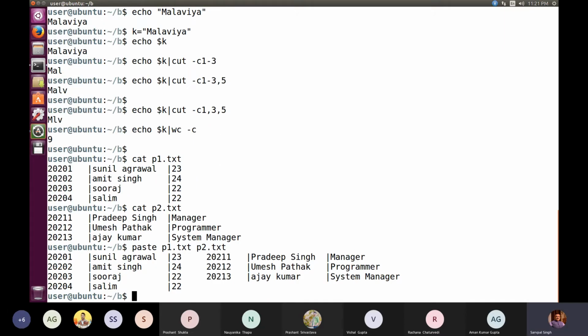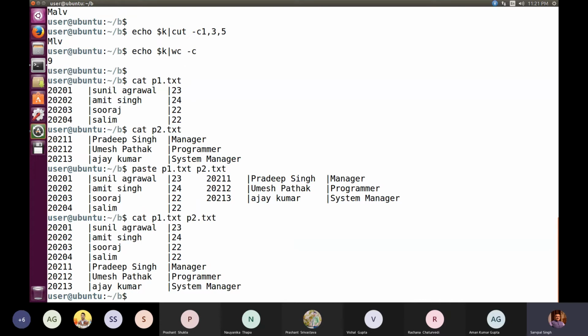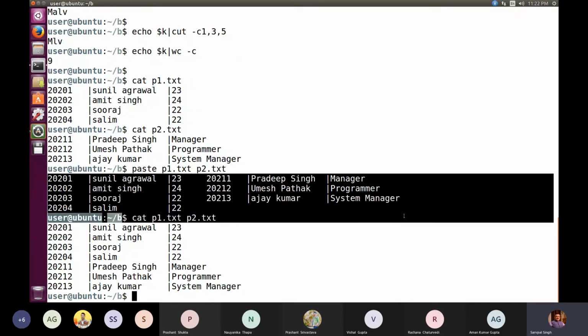So see what is happening. We are getting the contents pasted in a vertical manner. Earlier, when we gave the command cat p1.txt p2.txt, the output was totally different. What was happening? Horizontally, the append operation was performed, so both the file contents appear to be concatenated. But here, they are not combined horizontally; rather, they are combined vertically. So you can see these contents in the previous example where they are pasted like this.